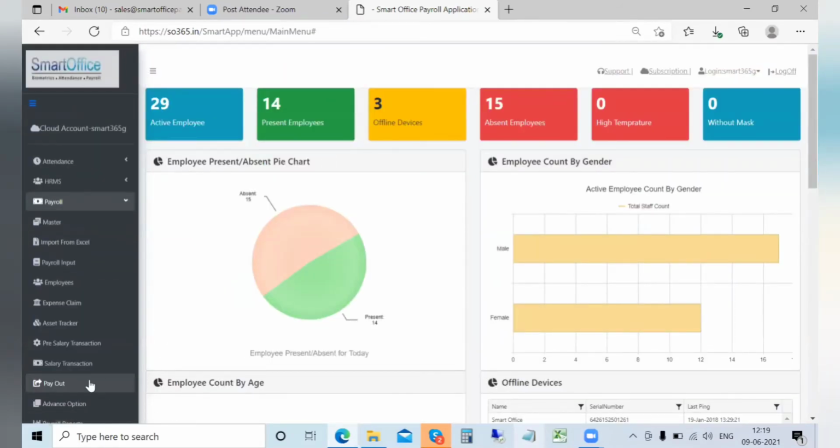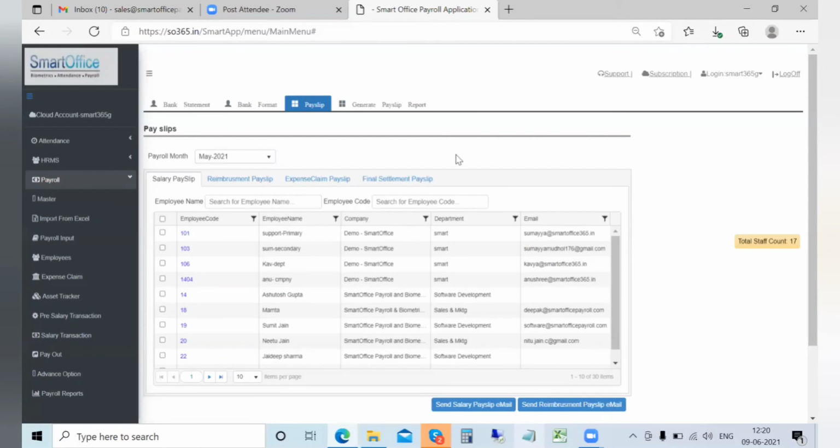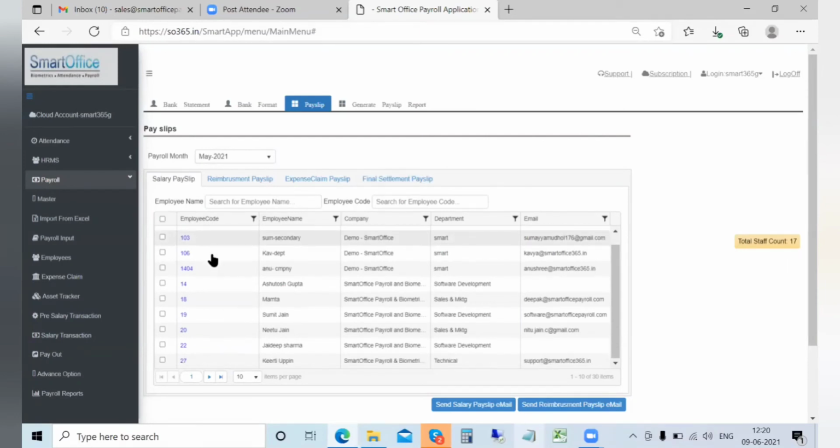Go back to the payout option and see whether the payslip has been generated or not. So we can see that the payslips have been generated for all the employees here.